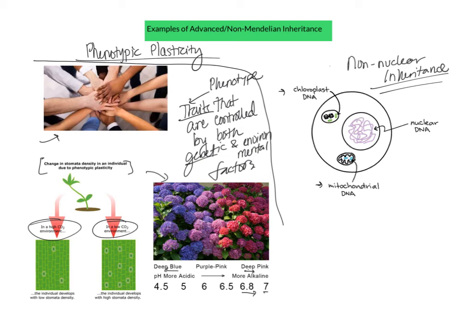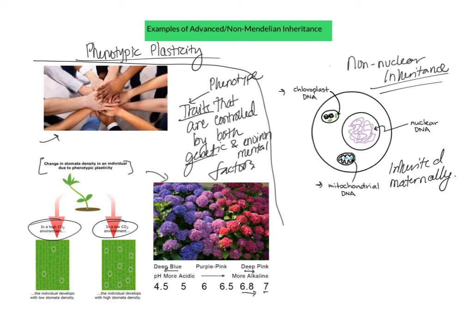And it's found that the genes contained within that DNA are inherited in a non-Mendelian fashion. In fact, they're primarily inherited maternally, because the egg for animal reproduction provides the entire amount of mitochondria that will then divide and be spread amongst the daughter cells